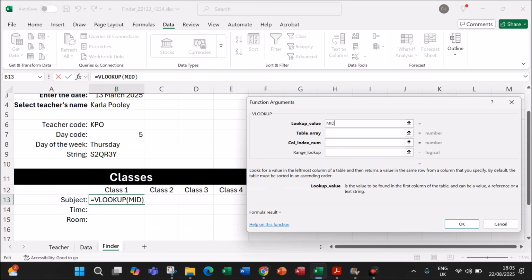So I'll use the MID function. This is the string. We need the first character for class 1, so 1, 1. The first 1 is the position of the character which we need, and the second one is how many characters we need to extract. Now the table array is